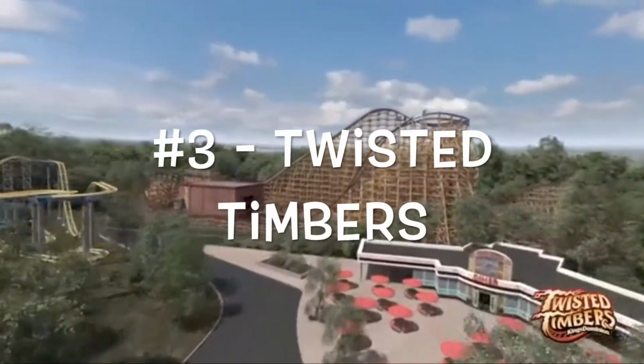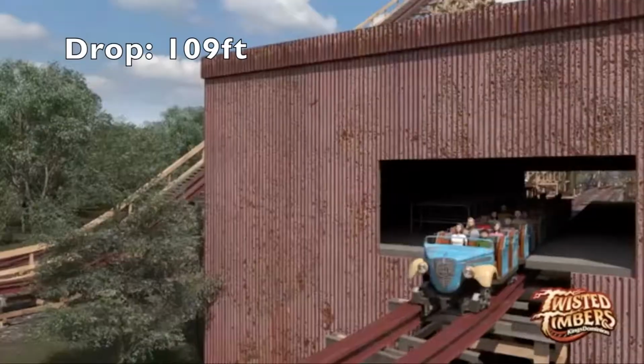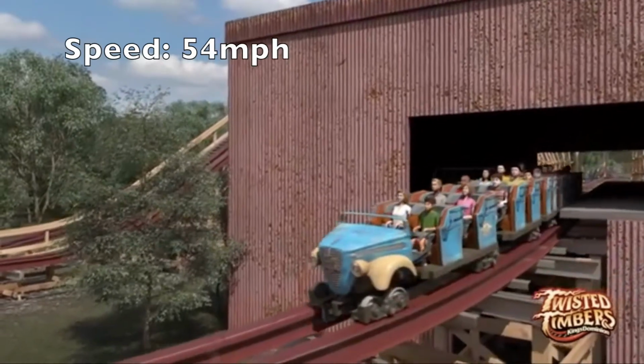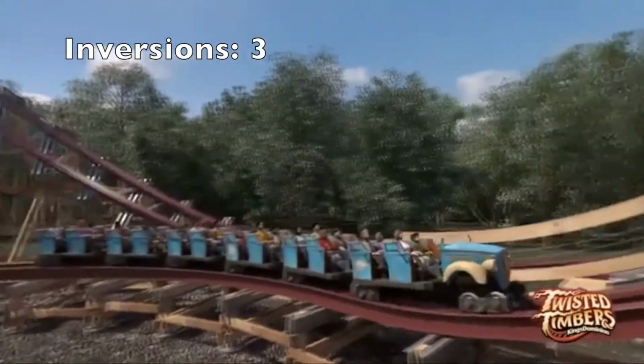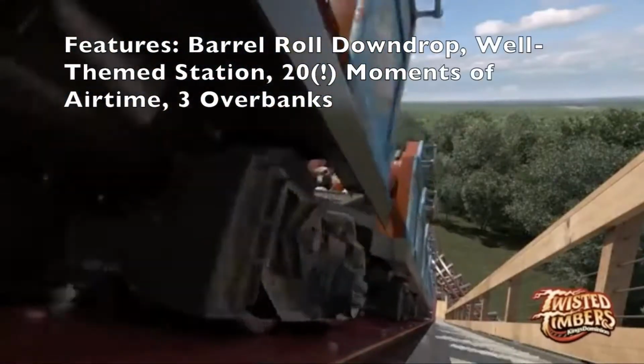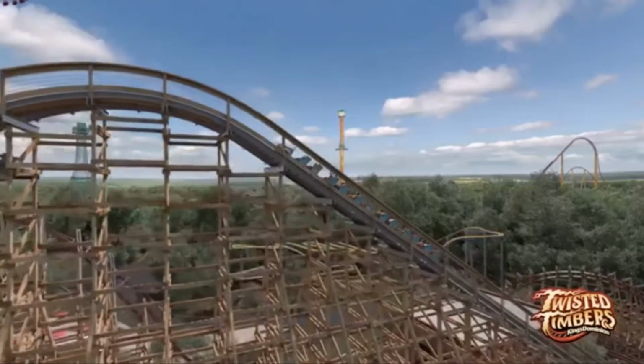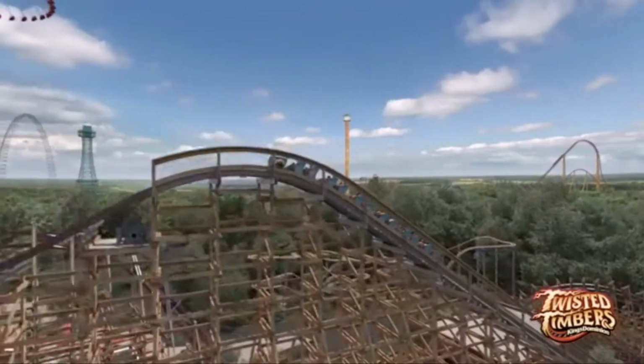Starting off the top 3, I have what I believe will be the sleeper hit of 2018, Twisted Timbers, an RMC hybrid coming to Kings Dominion. The footage in this video is courtesy of Kings Dominion. I just want to clarify. And this coaster looks really awesome. It doesn't have a huge size or anything, and the length isn't crazy. It's about